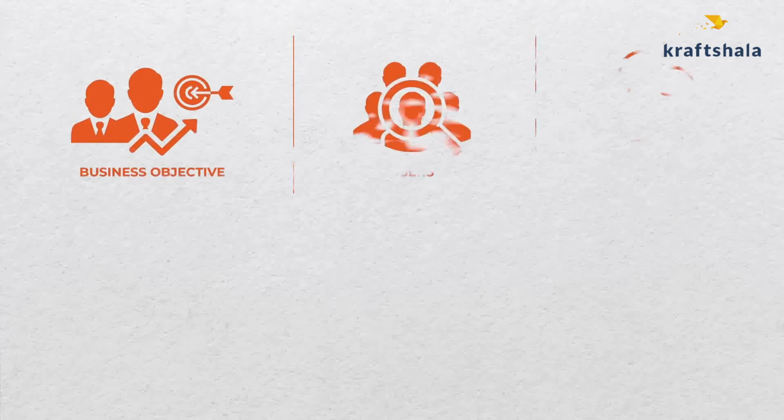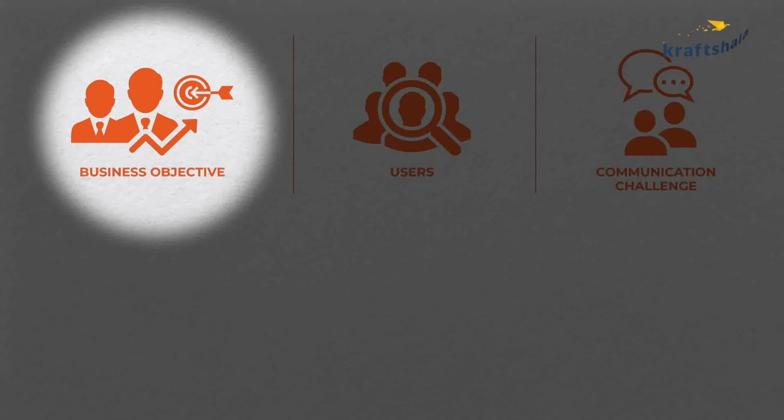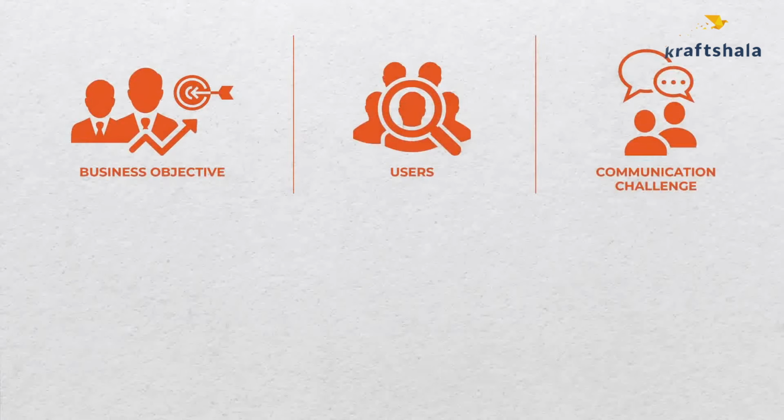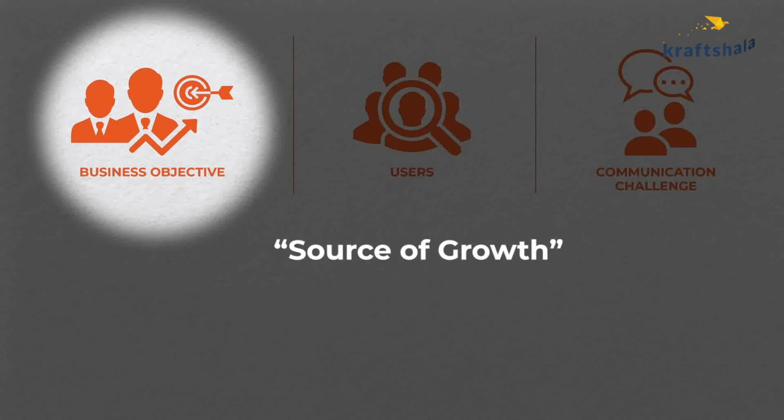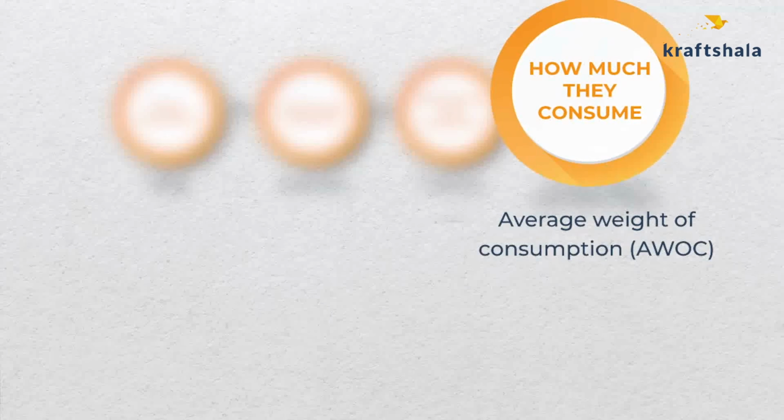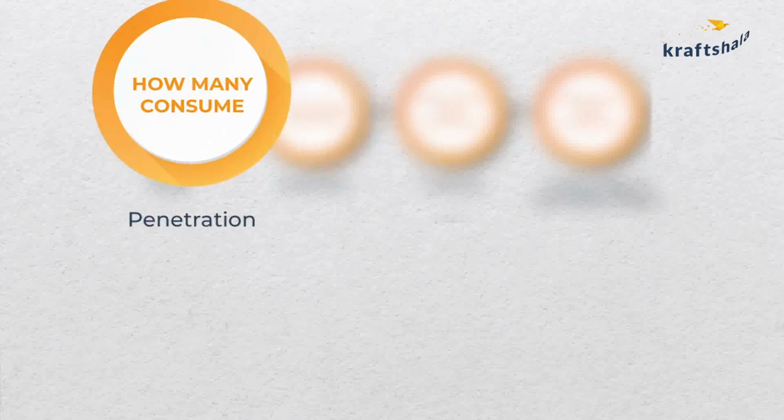The business objective is the first thing that a brand manager has to think about in real world marketing. It is a hard job, and if you try and go after multiple objectives, or worse, don't even think about what your core business objective is going to be, where the source of growth is going to come from, then your chances of success go down even further. Also consider that how we define the business objective is how we measure the success or failure of a campaign. Therefore, the business objective of a campaign has to be clearly defined and specific in nature, which brings us back to the Or the Cow campaign. Do you think that this campaign is about average weight of consumption or frequency of consumption or penetration?